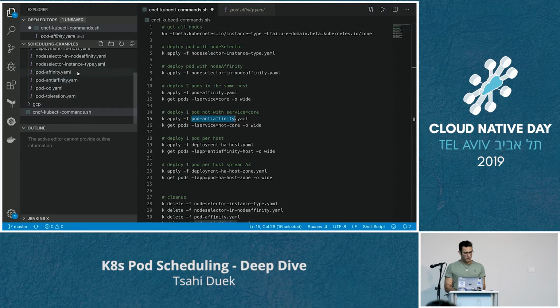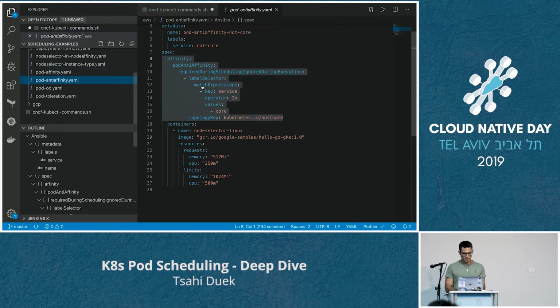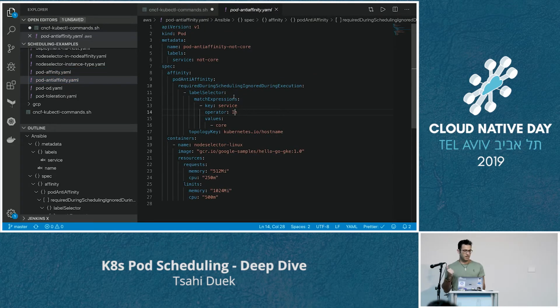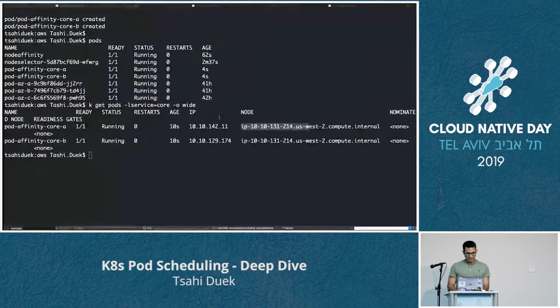Next example will be the pod anti-affinity. The pod anti-affinity will basically be a pod which is not core, and continue to the previous example. And I don't want it to be allocated on instances that have the service core in it. And why is it instances? Because the topology key is host name. If I don't want it to be on the same zone, I will replace the label with the appropriate label that reflects the zone. So again, applying this example,